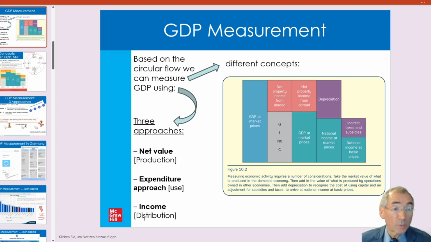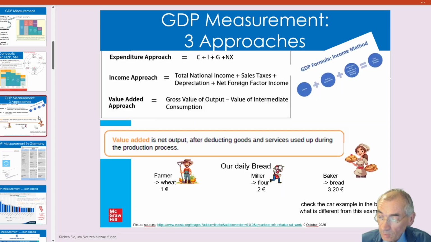and the income approach. There are 2 names because our book uses the bold ones, and the Statistical Bureau of Germany, das Statistische Bundesamt, uses these: production, use, and distribution. And as we want to have a look at German numbers, we need to look at both of them. This is slide 7, and on slide 9 we have a bit more background information,